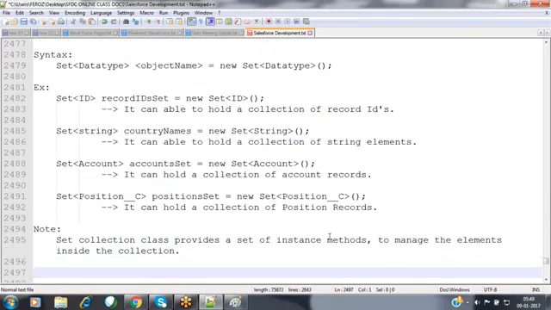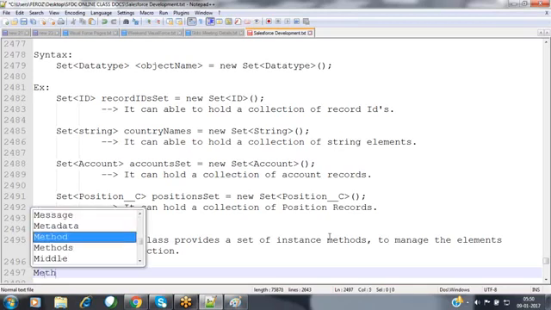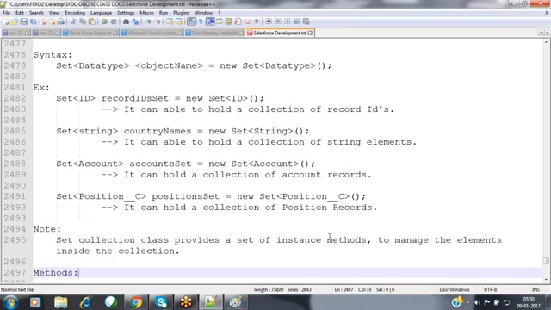Instance methods means the methods which can be accessed by using object name dot method name. Then what are the various methods provided by the set collections? Now we will see.